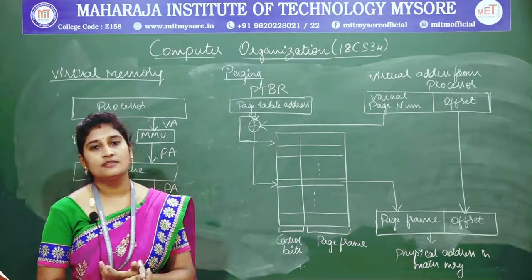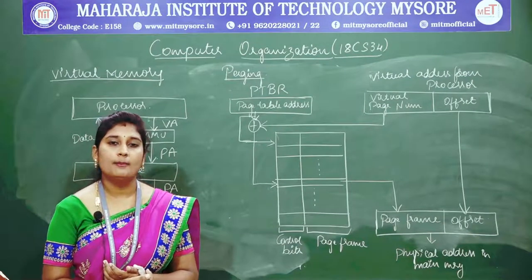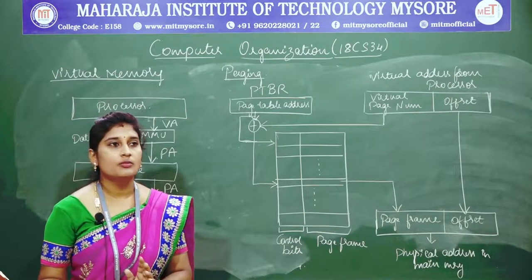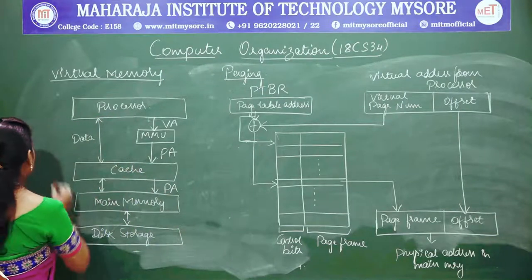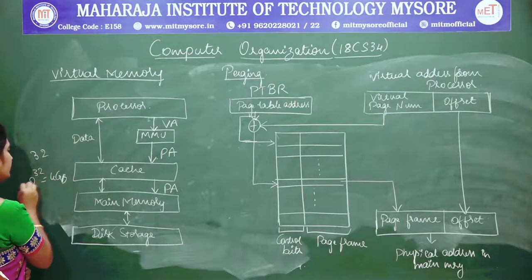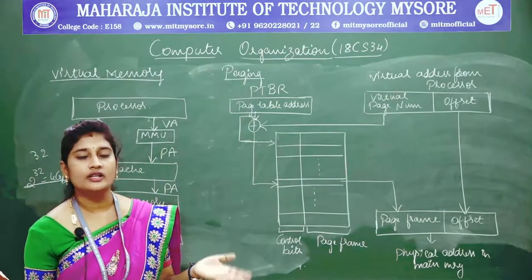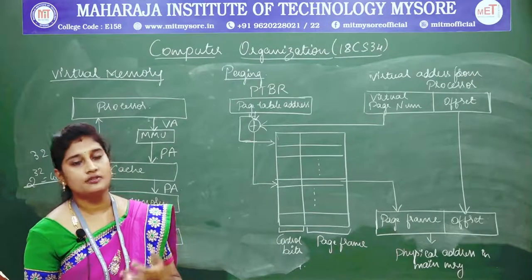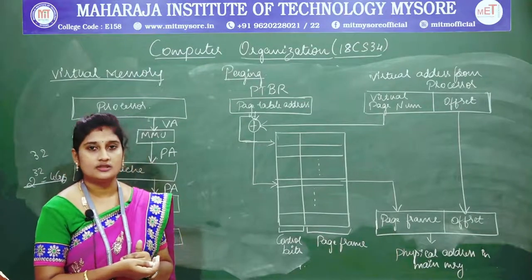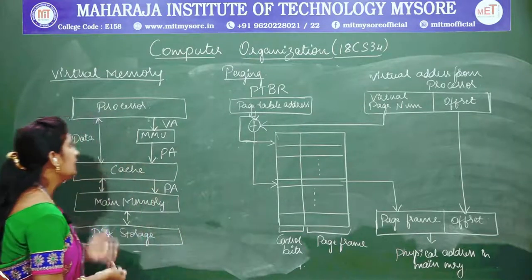Compared to the processor address bits, the physical memory is a smaller memory. Suppose your processor addressing is 32 bits, which means 2 power 32 is equal to 4 GB of address space, isn't it? Whereas your physical memory will be of some megabytes. So the physical memory is of lesser space compared to the address space of your processor. So another type of memory evolved, called virtual memory.